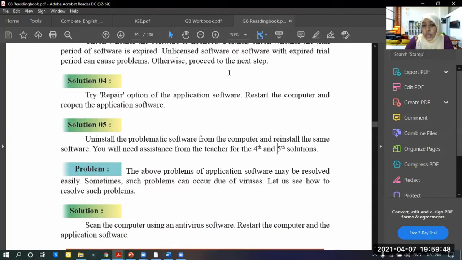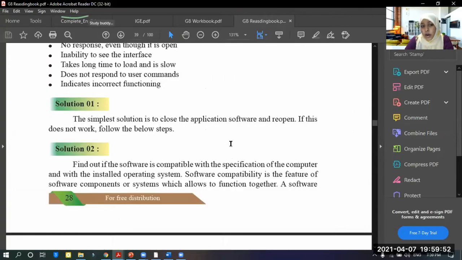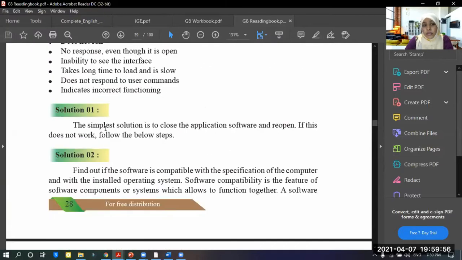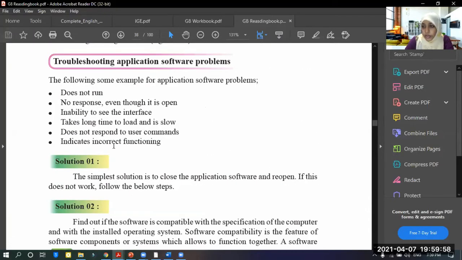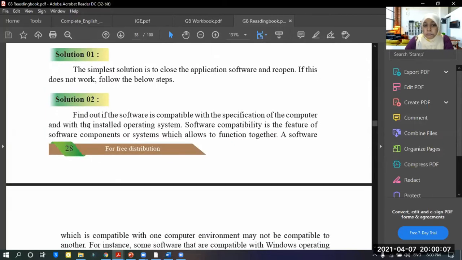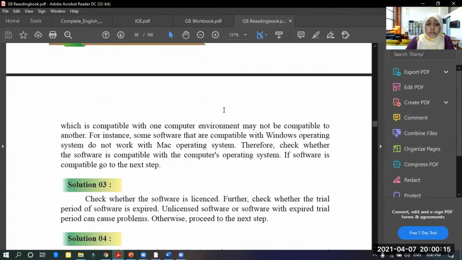Right. So you did all these steps. For example, how many steps? 5 steps are there, right? If these things happen to a software, you can close and reopen the software, or else you can check whether this software is compatible with the existing operating system.